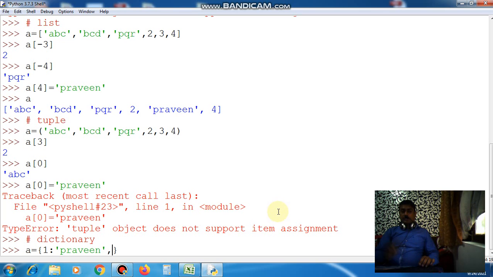Now the second key value pair, 2 colon Kumar. Now the third is Gorakhpur. You can use numbers as keys, and you can use strings also